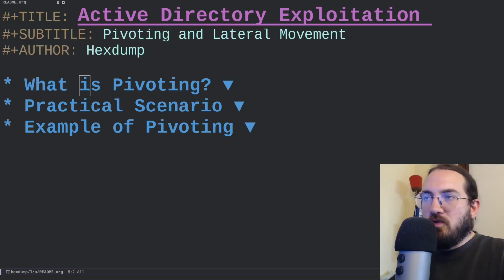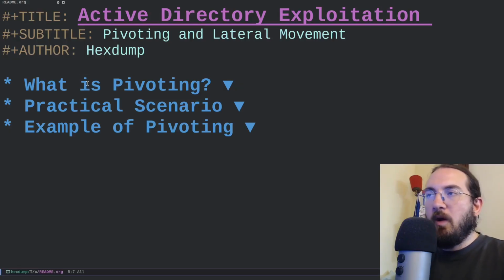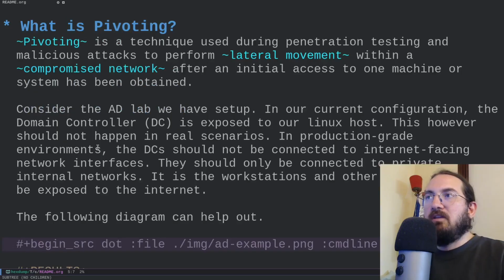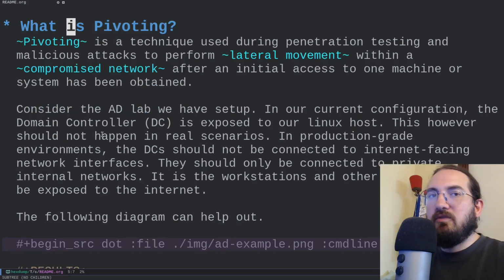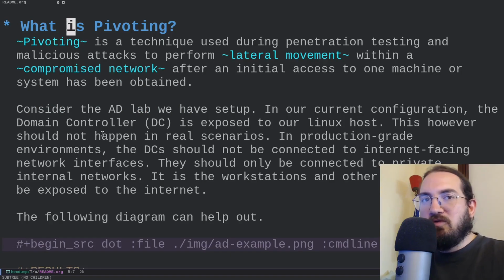So before showing a practical example of pivoting, because the best way to teach is just to showcase how something works, let's discuss in general, okay, what is pivoting? What is it that we are referring to when we speak about pivoting? Pivoting is a technique used during penetration tests or during malicious attacks, and it is used to perform a thing